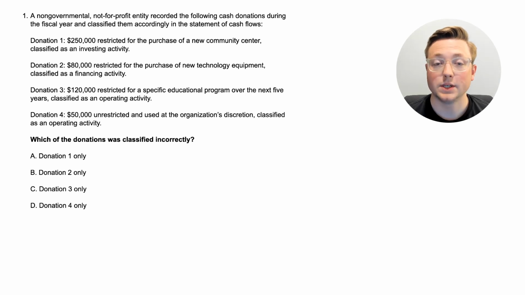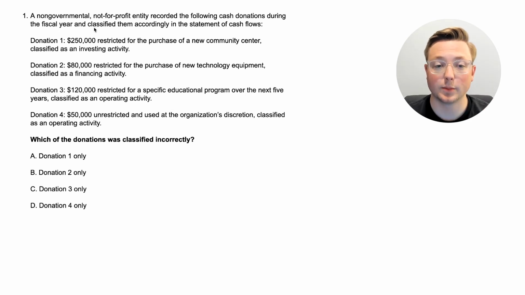Now, one thing that we typically recommend for the Superfast CPA strategy is because you're using the questions first, you want to go straight to the bottom of the question so you know what you're looking for as you read through the rest of the question. So let's read this part. Which of the donations was classified incorrectly? So now we know, as we're reading through the rest of this, to be looking for donations that were incorrectly